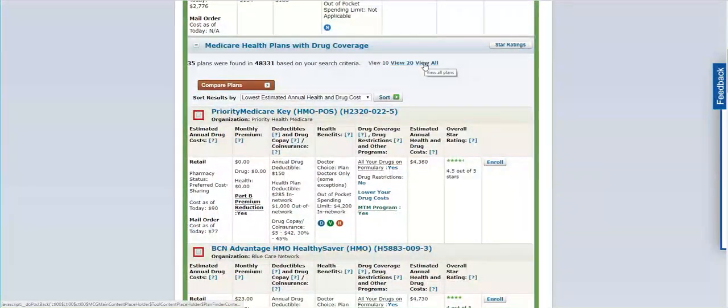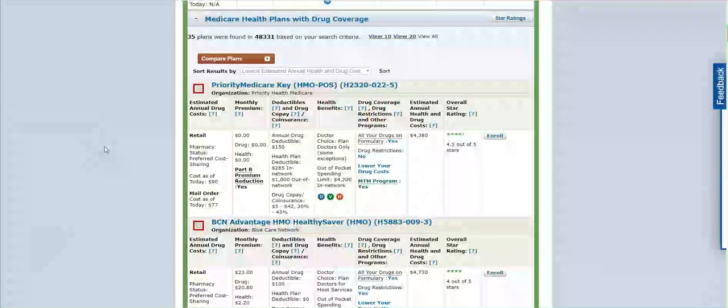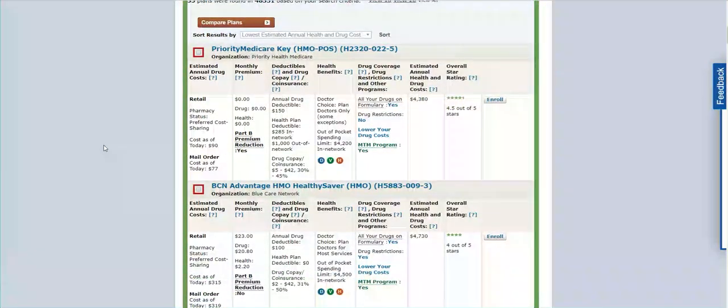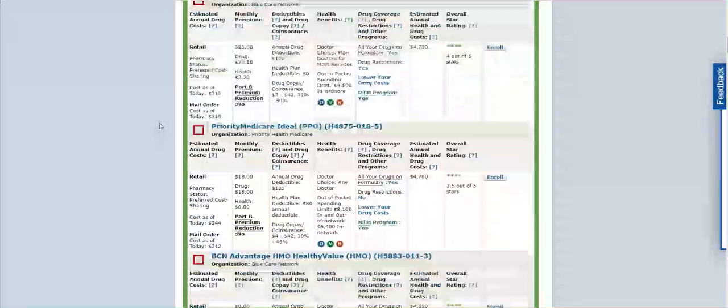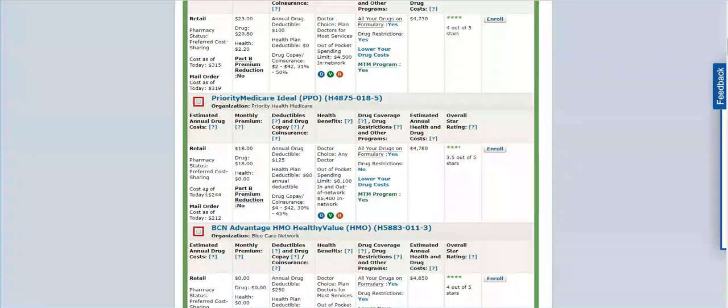I want to view them all, so I'll go up here and do that. And we're seeing an observation of cost effectiveness based on drugs, okay? This plan is a zero premium plan, very popular. I've enrolled a lot of people in it. It doesn't cost anything. So this is your premium for the plan, but this is your cost for your medications over here. And again, it continues to list, and you'll see it pops up quite a bit as you get